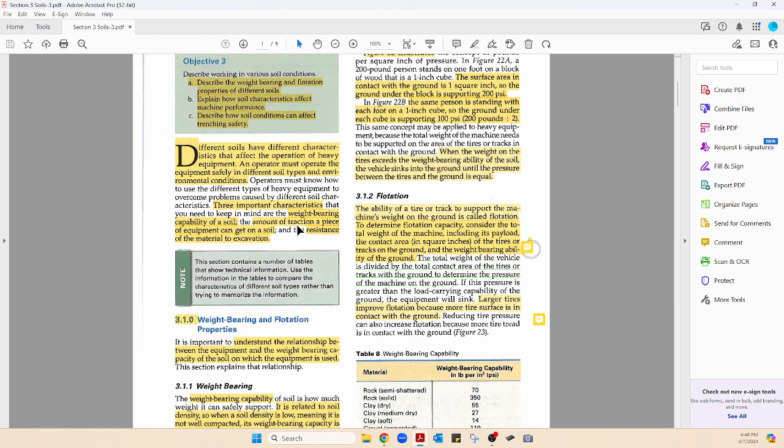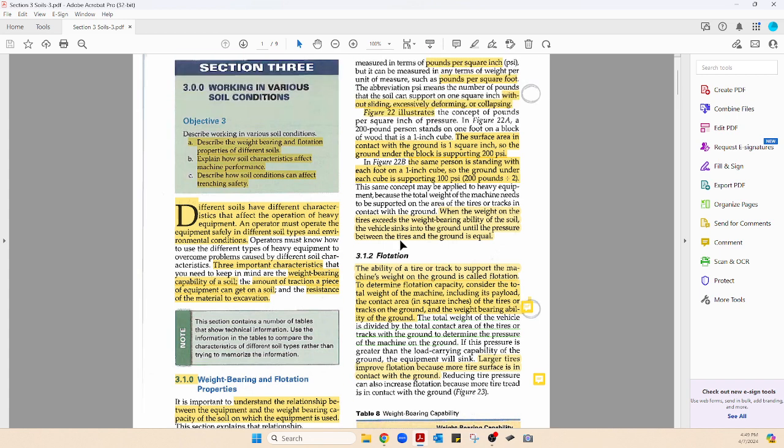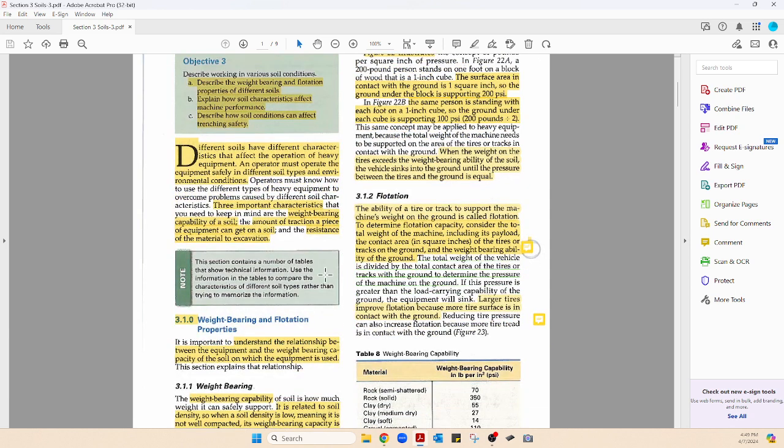They talk about a thing called coefficient of traction, and I don't think they know what they're talking about, but we'll mention it and give it a quick look. And the resistance of material to excavation,